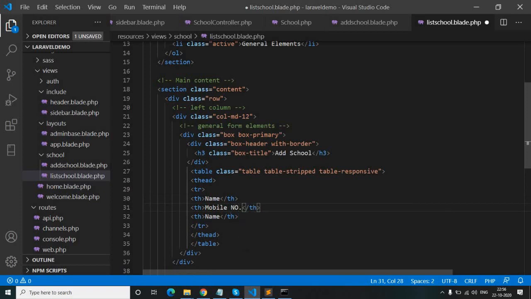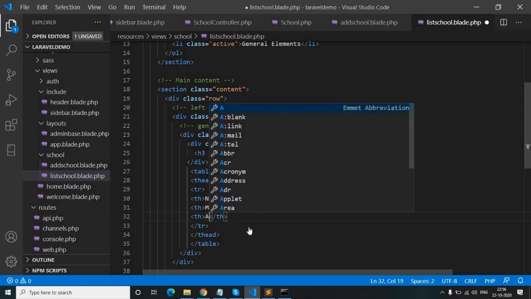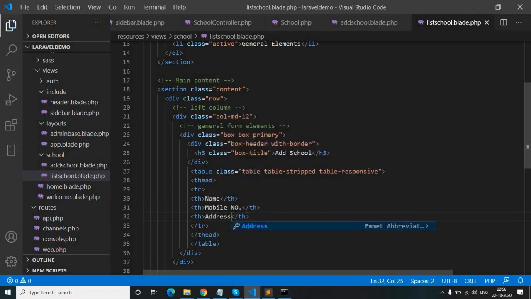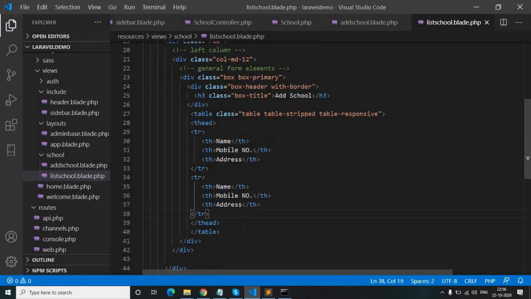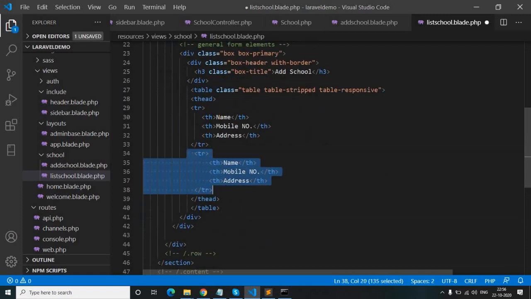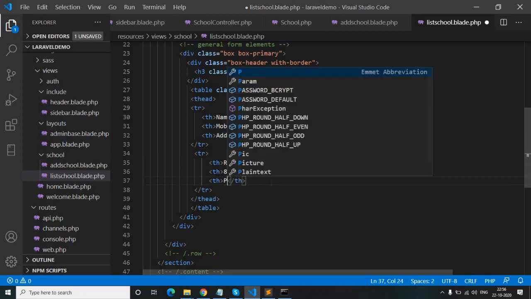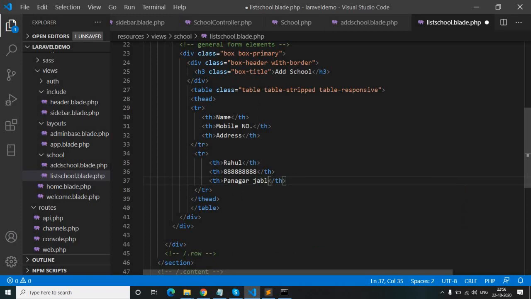These are all the labels of the table. Now we will show our record here. Suppose my name is Rahul and mobile number is, and address is Panagar, Jabalpur.